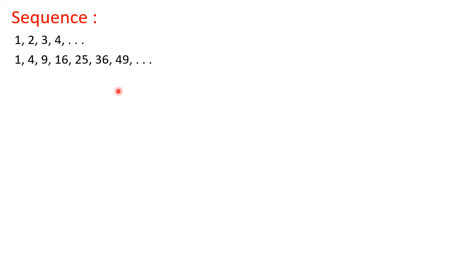If I say, tell me the 20th term, that means the number which is appearing at the 20th place, immediately you can say that 20 square is 400. So here the 20th term of this particular sequence is 400. That means any term here we can say definitely. Okay, so such orders are called sequences.